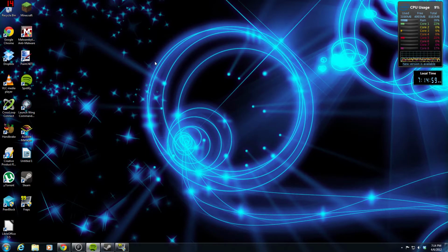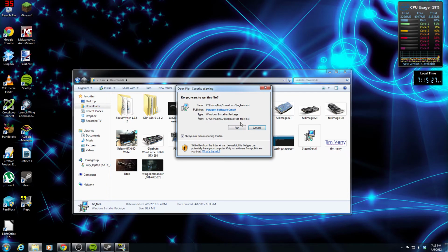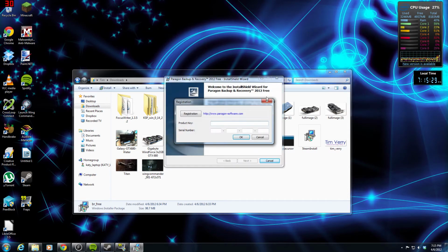Hi everyone, this is Tim, and today I'm going to be taking a look at a new backup program that promises to deliver a fairly straightforward disk imaging experience. The program itself is called Paragon Backup and Recovery 2012, and to be more specific, I'm going to be using the free edition. Now, this piece of software is a 98 megabyte download,